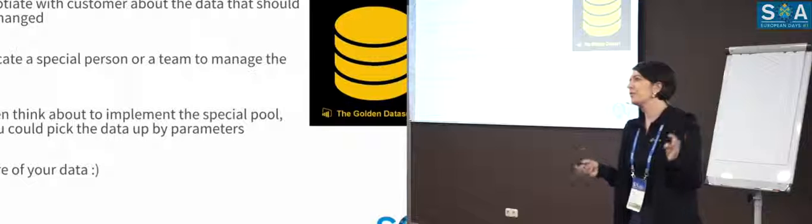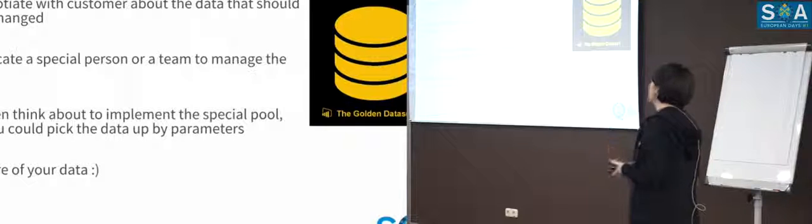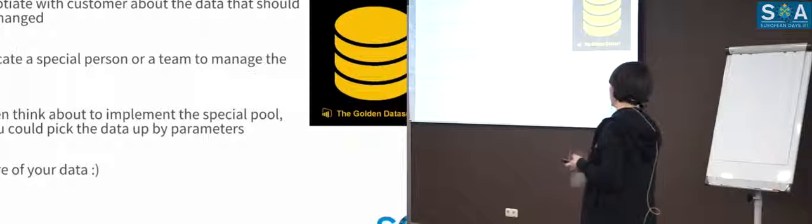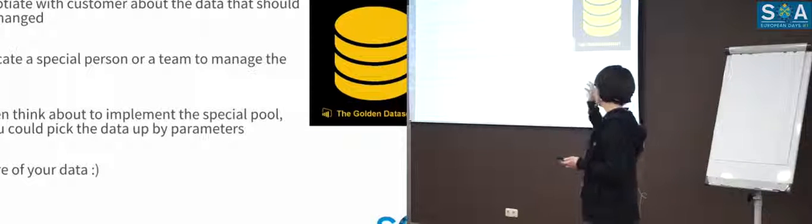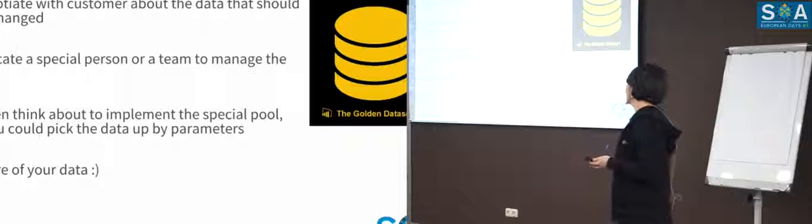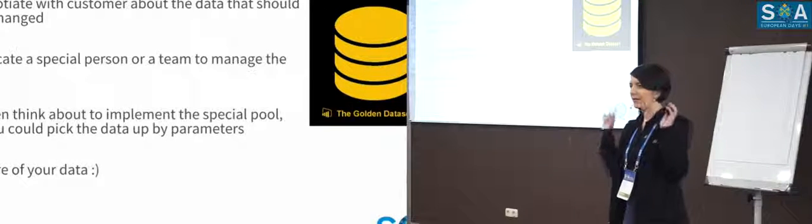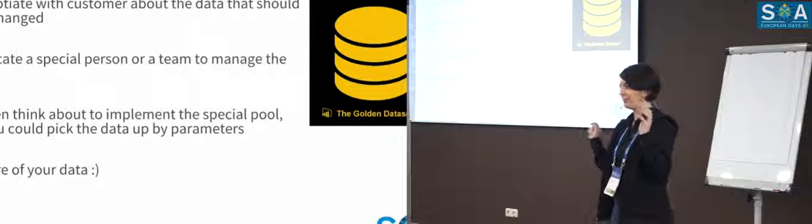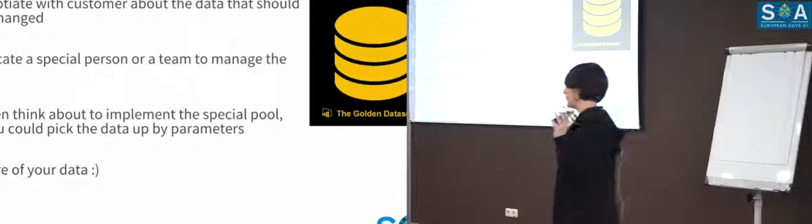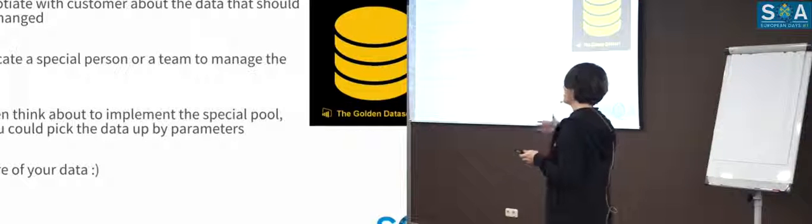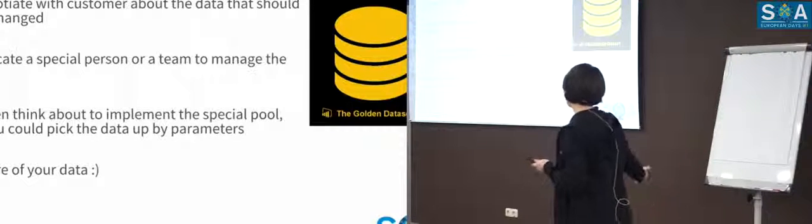What should you do on the contrary? Never do it, to flunk your project. Firstly, never negotiate with the customer about the data that should never be changed. Some golden data, for example. And it could not be updated in the database because you are using this data in your test.